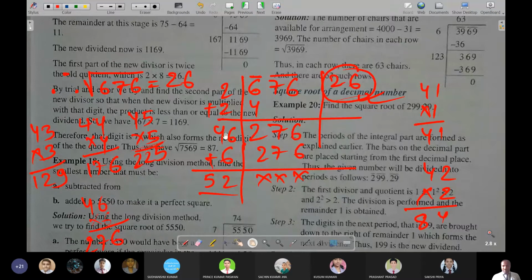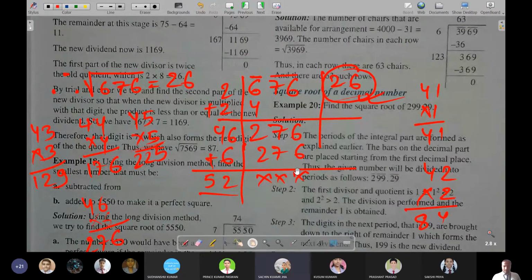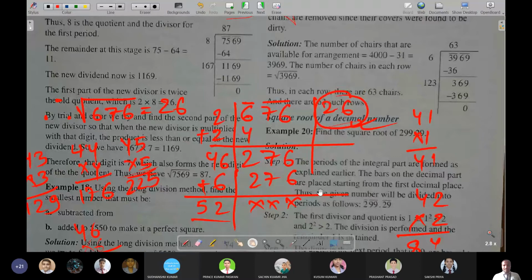Now what number will you be keeping after 4 over here? With the same number you have to multiply, so that it can get cancelled properly, or if it is not a square number, then it will not be cancelled till the last pair. Getting me? Understand, sir. Clear? Yes. Okay.